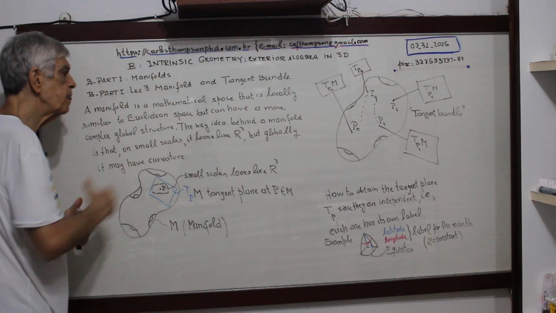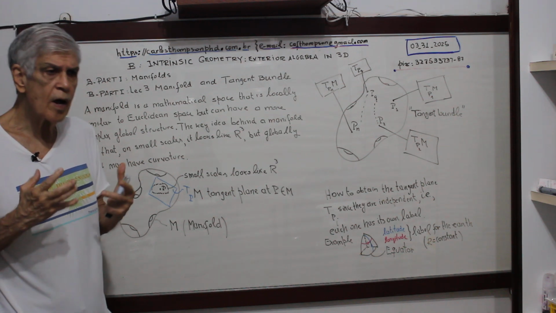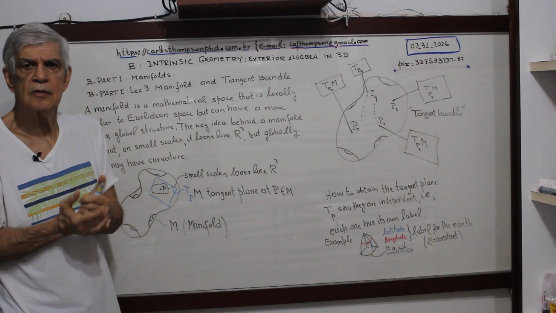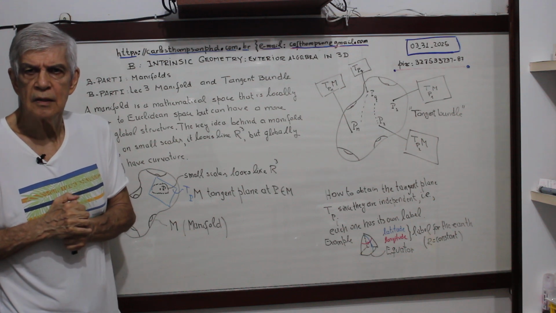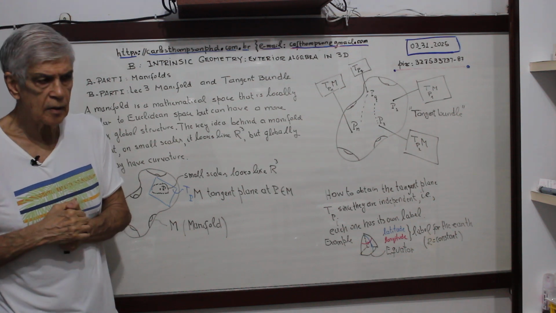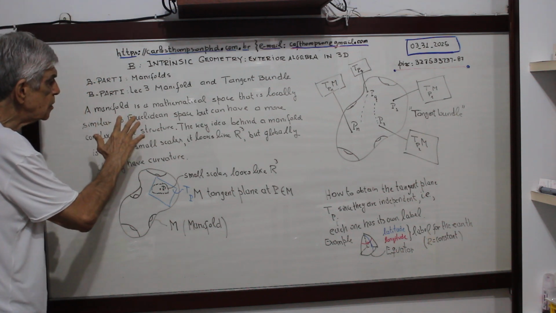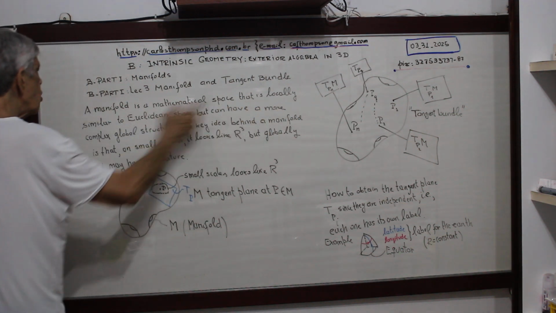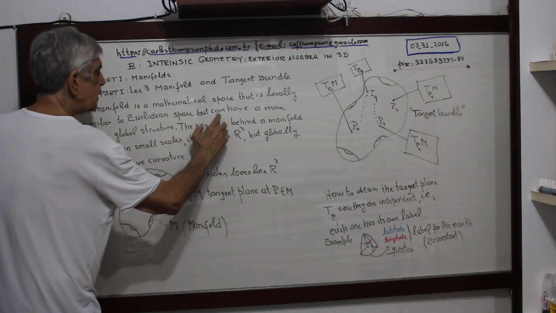Okay, this is to understand. You have to go step by step to grasp this new theory. Okay? Now, a manifold is a mathematical space that is locally similar to Euclidean space, but can